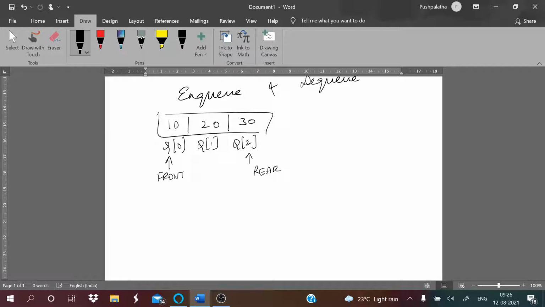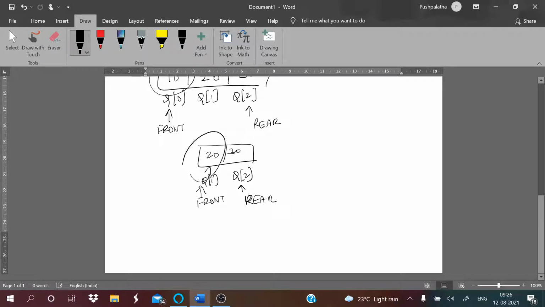in a queue. So 10 will be directly removed, it comes out. So which are the elements that remain here? That is your 20 and 30, that is Q1 and Q of 2. So Q1 is your front and Q of 2 is your rear. This is after deleting 10.